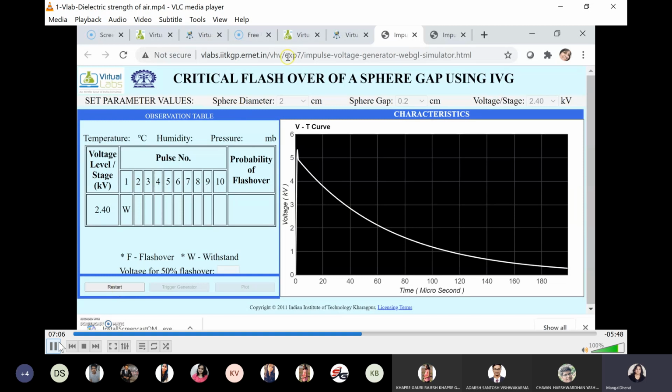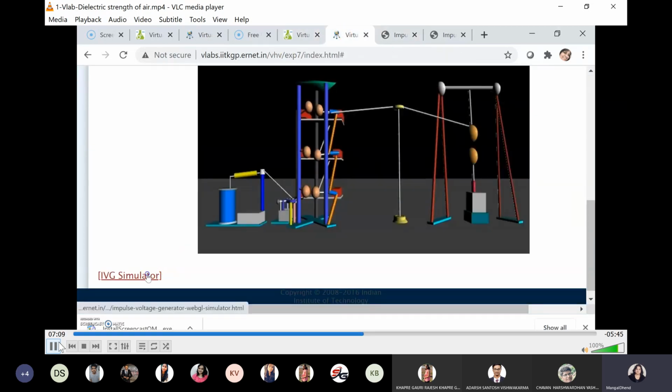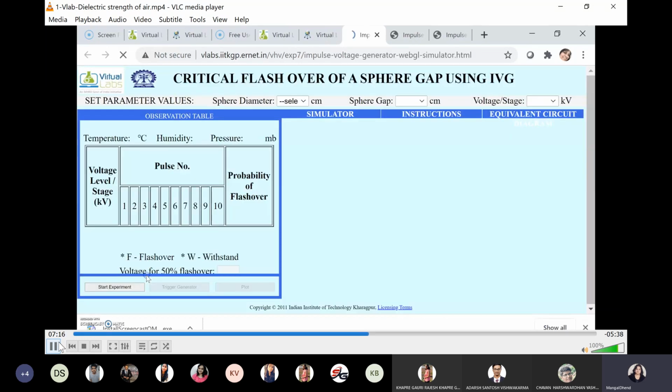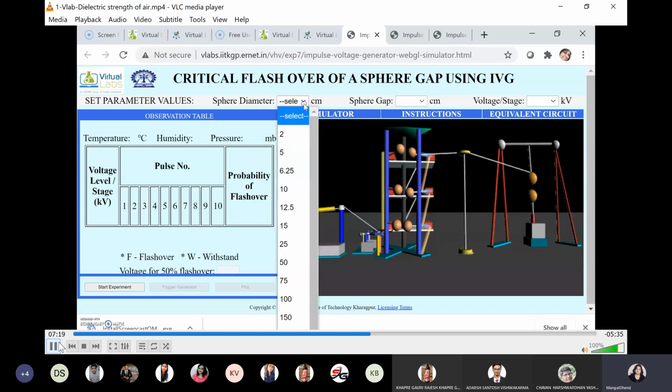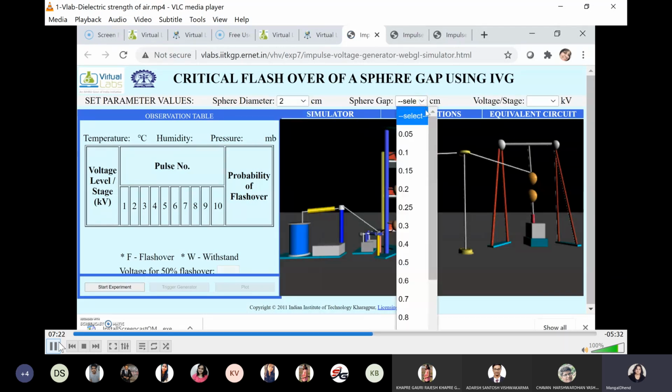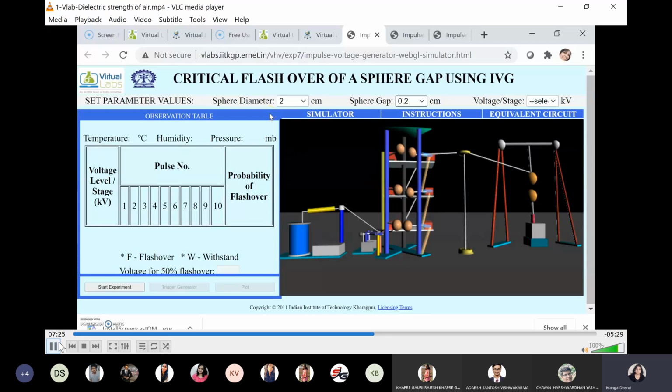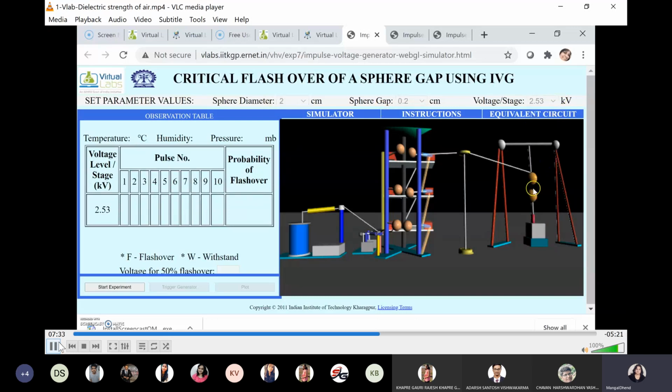Now we have to restart the experiment by coming out, because our experiment objective is different. Whatever we discussed yesterday, the effect of sphere diameter and the effect of gap distance, I want to show you, so that we will see virtually. Keep the gap distance and diameter the same until you can observe the breakdown voltage. Now again increase the voltage across it and see where the breakdown will take place. That voltage we are supposed to change by variac from this side, but instead of the variac, we are now increasing it manually.